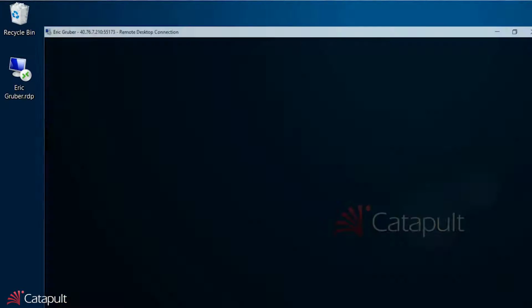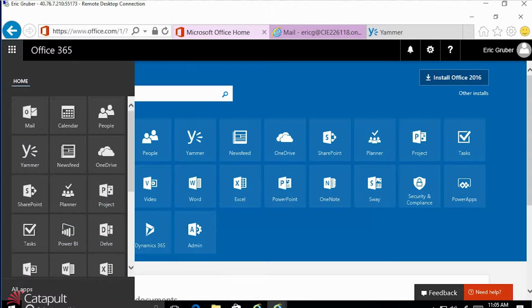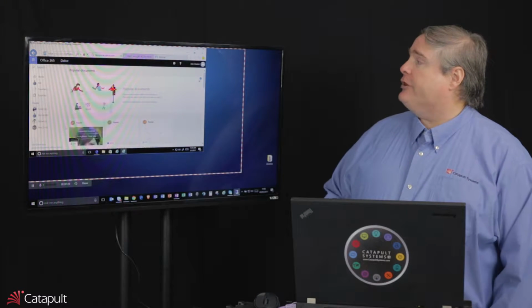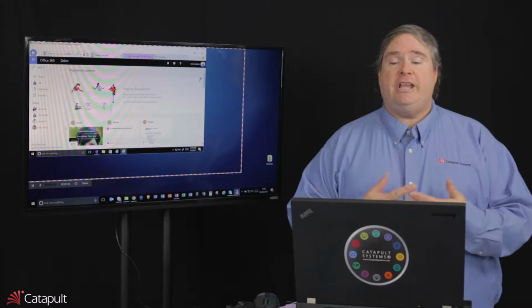So what I've got here is an example of an Office 365 site, and to get to Delve, all we have to do is click on the Delve app launcher. I can do that from the Waffle app launcher and find it over here, or I can do it from the other one. I'll go ahead and click on the Waffle app launcher, and it's going to bring up Delve over here. And you'll see when I go inside to my Delve area, the first thing it shows me is,